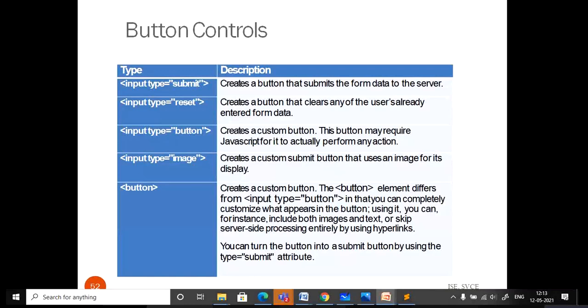Here, when you specify the button option in the type, you are going to write code using JavaScript so that it performs the particular operation. What action is to be taken is written in JavaScript whenever you specify input type is equal to button. Similarly, you can create a custom button with input type is equal to image. That means you can make the image itself